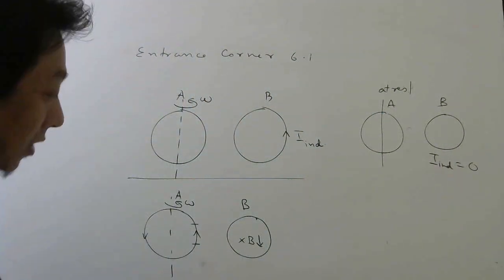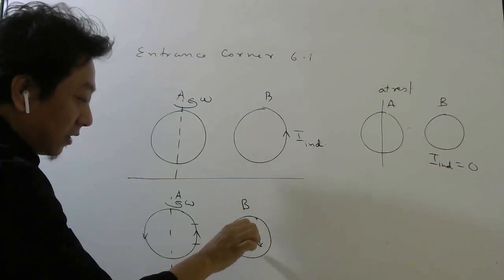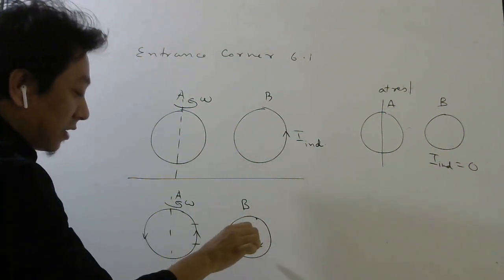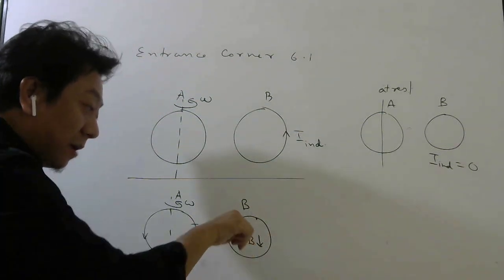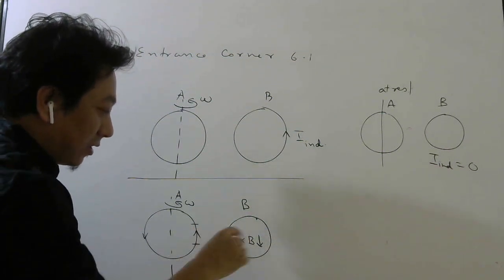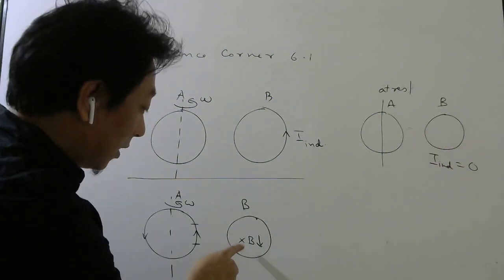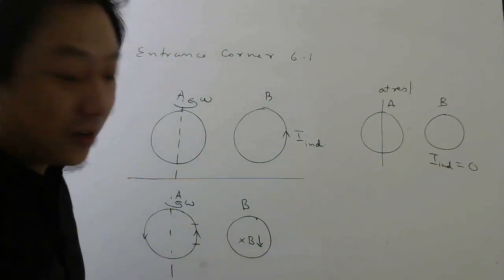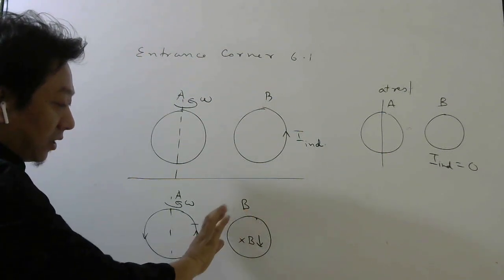Now, if the magnetic field here produced by this current is decreasing, then to oppose this decrease, I should create magnetic field by the induced current in the same direction. Remember, help. So if magnetic field is decreasing this way, the current here should produce a magnetic field which will help this decreasing magnetic field. See, this arrow means it's decreasing. So to create this magnetic field, current should flow this way.